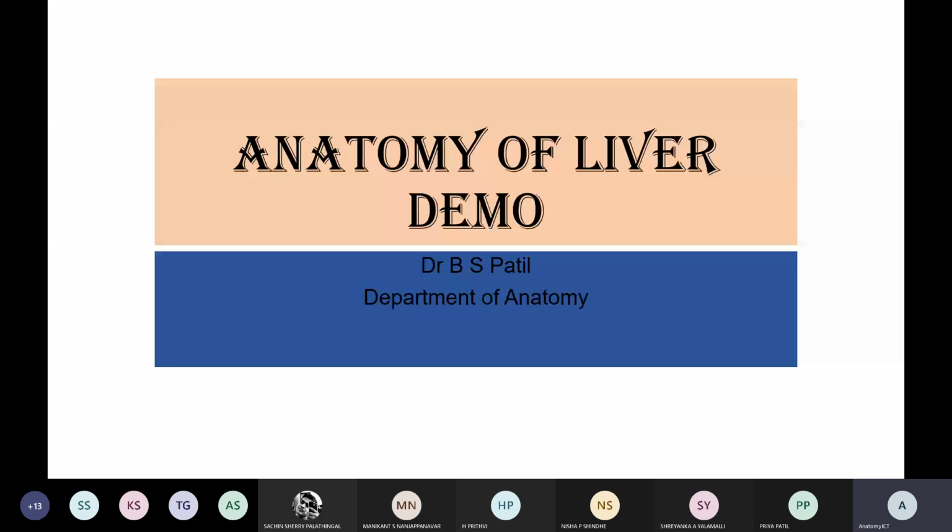the liver. As I told, it is a wedge. We can't say exactly it is a rectangular or triangular shape. The wedge shape means it is tilted here and there, and it has ill-defined borders, and the surfaces are not so prominent. Hence, at the end, you should gather what the anatomical features of the liver are. And anatomical features